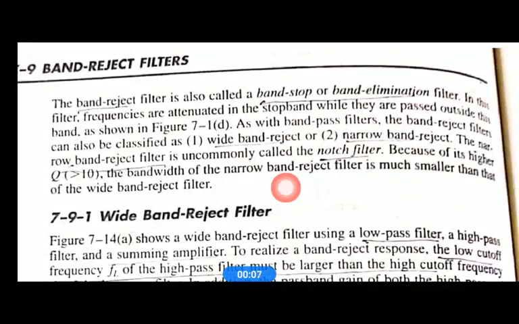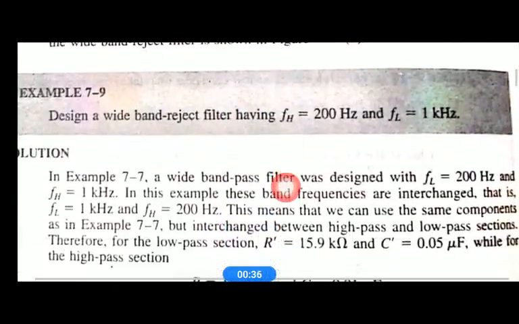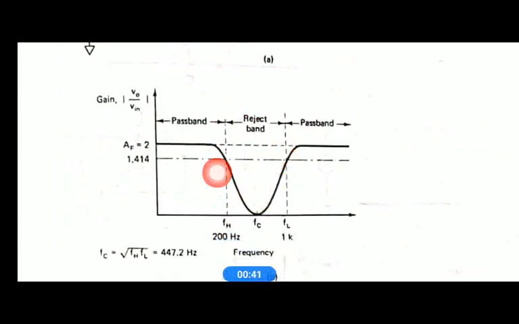So in this session we are going to discuss band reject filters. The band reject filter is also called a band stop or band elimination filter, which attenuates or stops the signal having frequencies between a certain band, right? So that we already discussed previously. So once again we'll see here the frequency response for the band reject filter, which